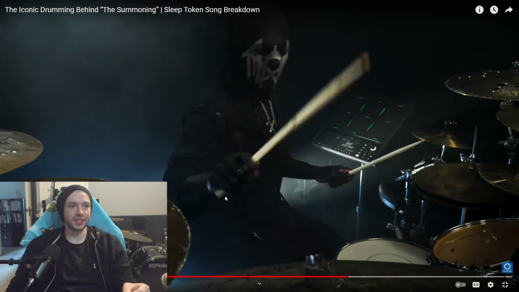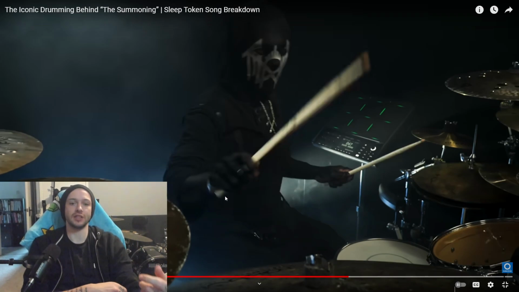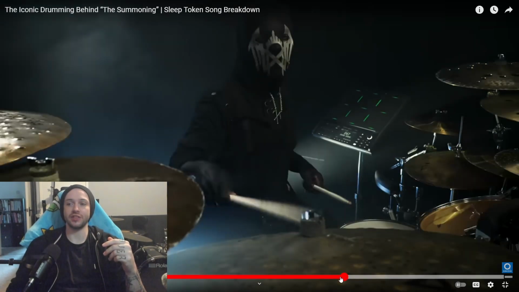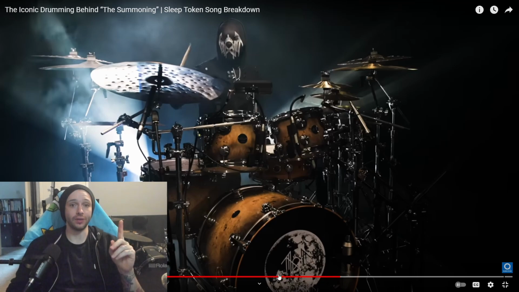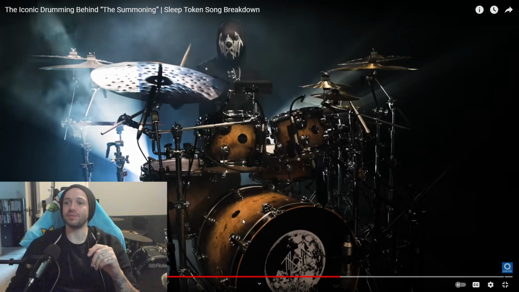Okay, fantastic technique on the ride cymbal there. When learning to jump between the bow of the cymbal and the bell of the cymbal, it's something that is quite difficult for people to get the hang of at first. But if you look at the technique on his hand, especially this angle is really, really good for looking at what he's doing. When you're playing on the bow, it's almost a flick up to the bell rather than a movement of the full hand. So, as I say, this angle shows that perfectly.